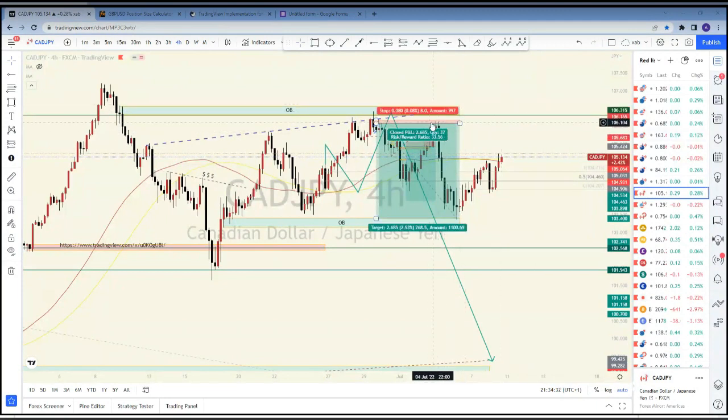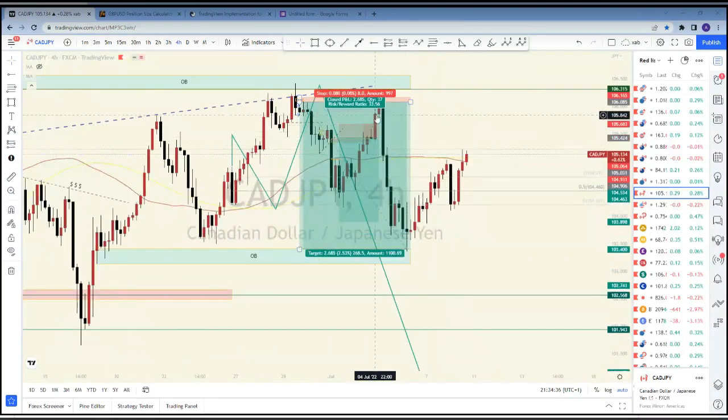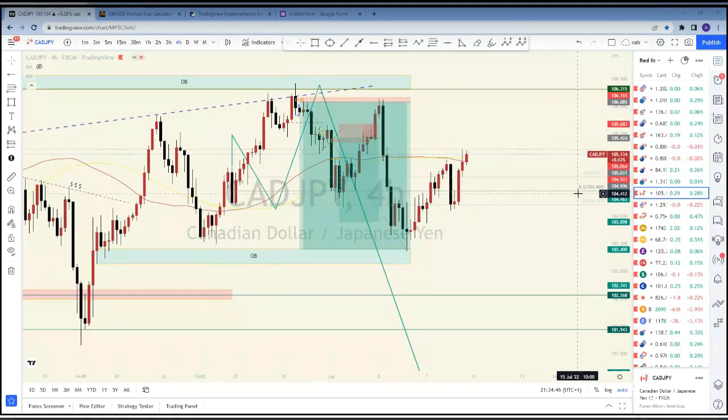All right, and then you see that price entered into it, very little drawdown. It was a sharp entry, and then this was the overall take profit. So yeah, this was a bullish reversal QML. That's good to know. So you followed your classes. So that was a bullish reversal QML, and this played out perfectly.